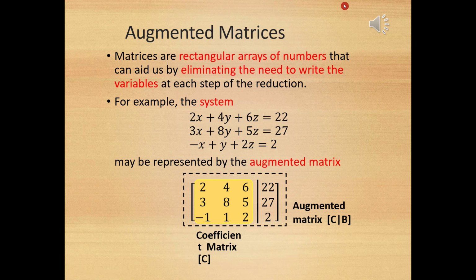Augmented matrices. Matrices are rectangular arrays of numbers that can aid us by eliminating the need to write the variables at each step of the reduction. For example, the system 2x plus 4y plus 6z is equal to 22, 3x plus 8y plus 5z is equal to 27, minus